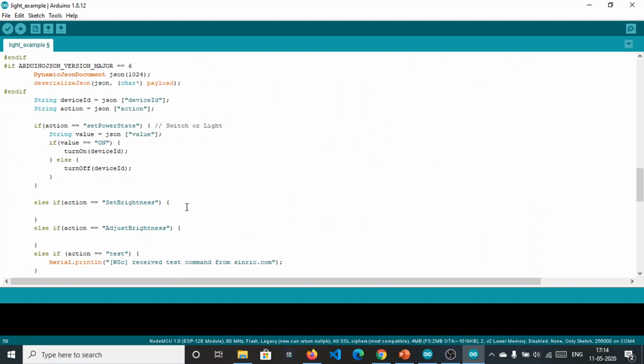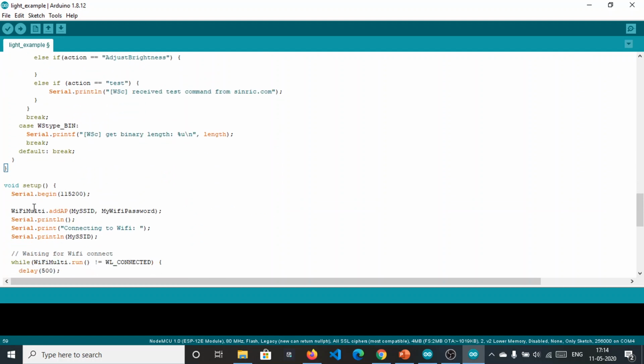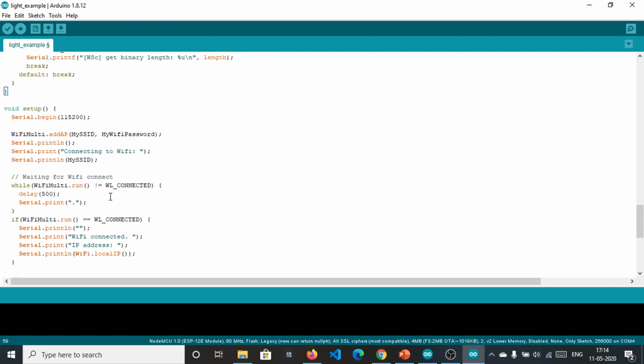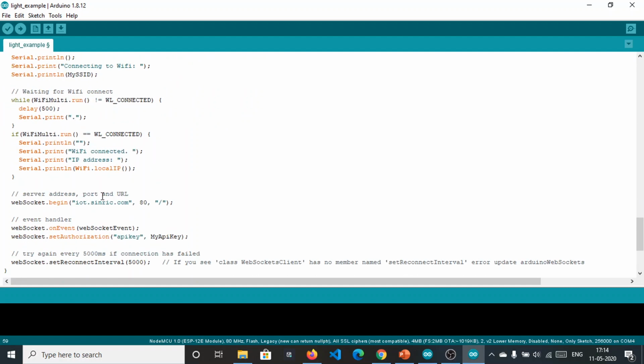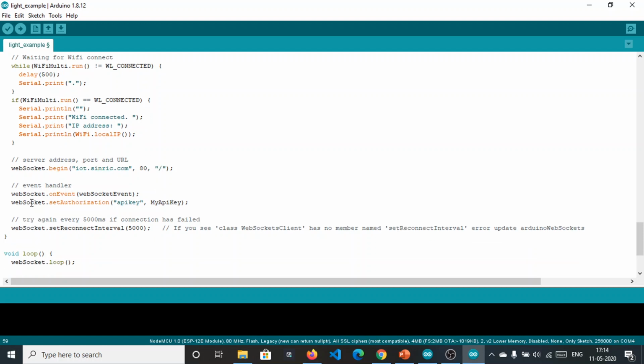Where are these functions called from? The setup method. Okay, so first we are connecting to Wi-Fi. As soon as we are connected, we get the IP address on the serial monitor. After that, we are connecting to iot.synric.com at port 80. The WebSocket connection is established right here.